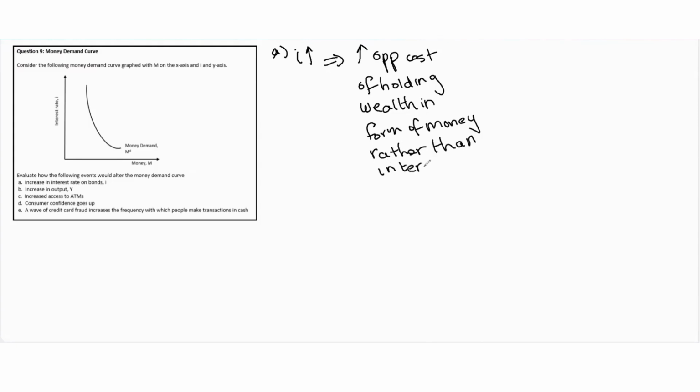So if the interest rate increases, that increases the opportunity cost of choosing money over interest bearing bonds, because as we talked about before, the trade-off you face is that you can use money for transactions, but it doesn't pay interest. Bonds cannot directly be used for transactions, but they do pay interest. So now it's more attractive to hold bonds,